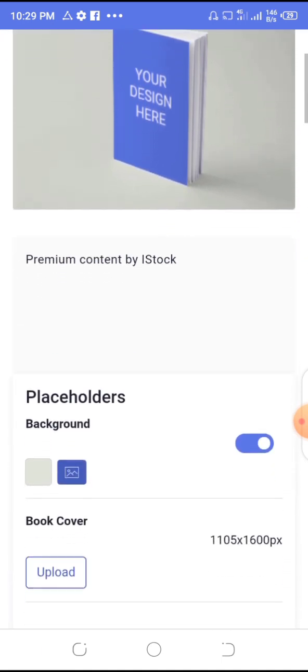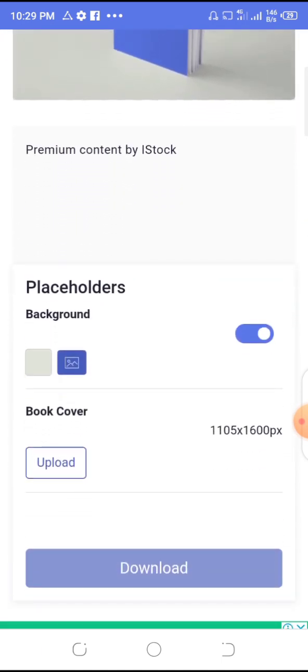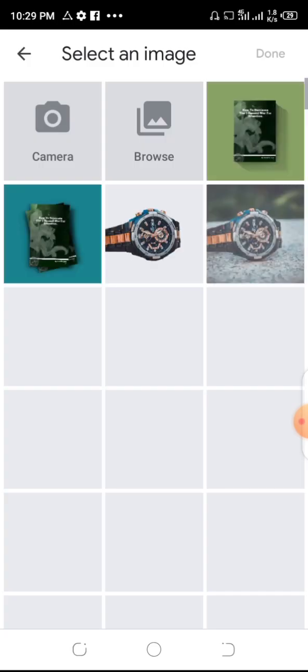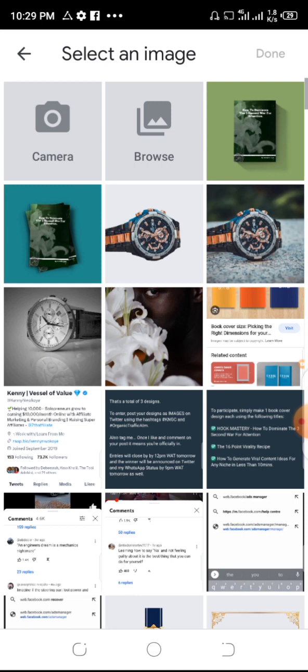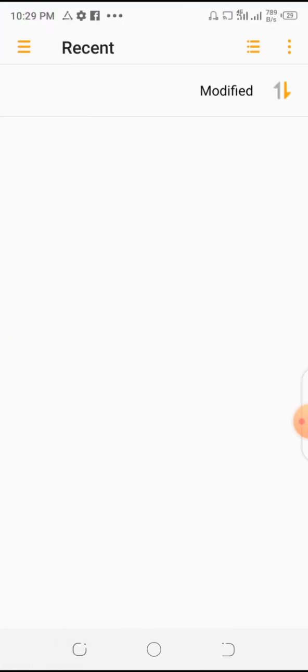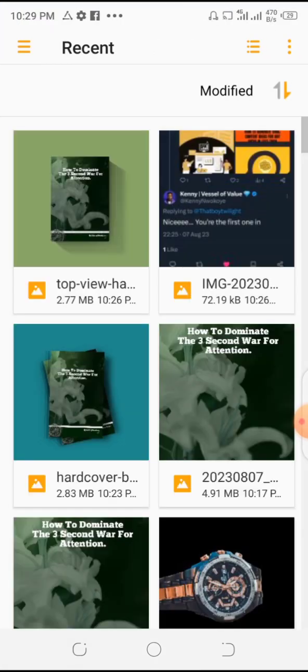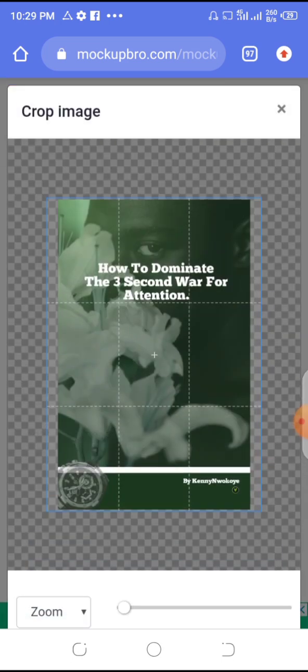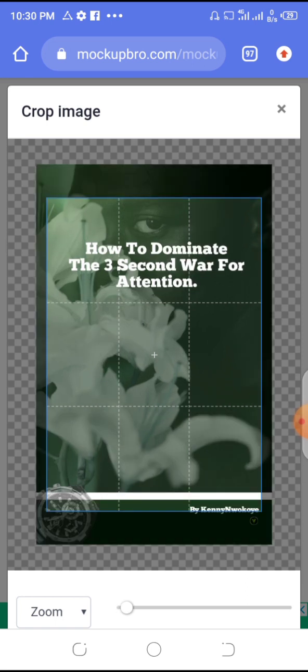So most other mockup sites are kind of paid sites. So what you do is to upload. You see this place that says upload, you upload your design. So we'll come to browse, go to our design, our main design, and you just tap on the design, and you see it's going to upload. So you can now zoom in to fit in the box. You can see the rectangle, you can zoom in to fit in it so that your design is going to